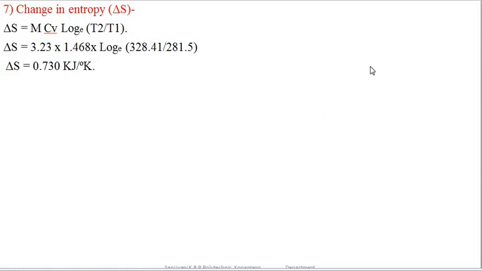Now the last point in the problem is the change in the entropy, delta S. So that is given by delta S is equal to mCv log to the base e T2 upon T1. So putting the corresponding values, we are getting delta S is equal to 0.730 kilojoule per degree Kelvin. So this is the total change in the entropy. Therefore the unit of total entropy is kilojoule per degree Kelvin. If it is specific entropy, then the unit is kilojoule per kg degree Kelvin. But we are calculating this total entropy because we have multiplied here by the mass. So these values are the total values.